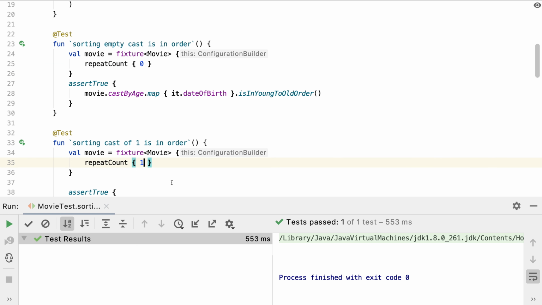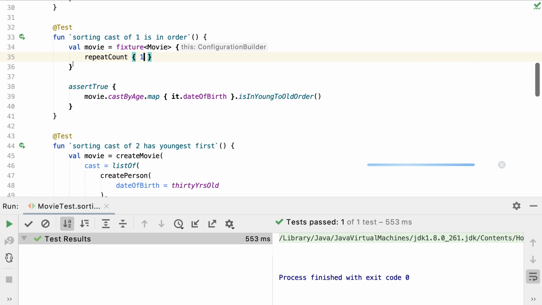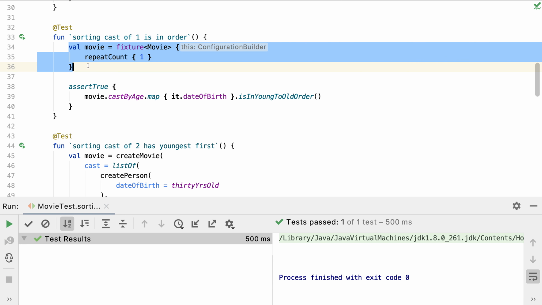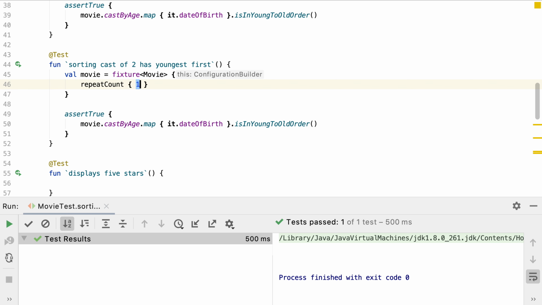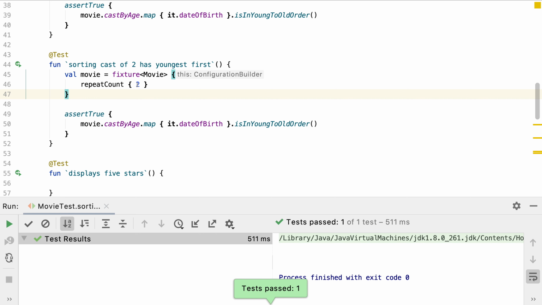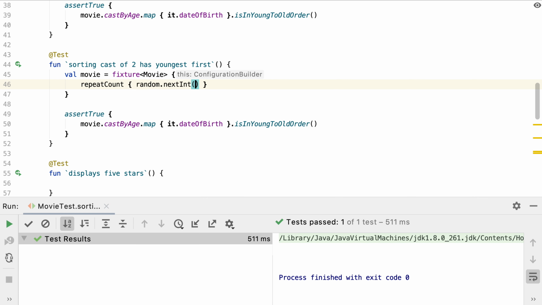Easy. And of course we can repeat the same pattern for a cast size of 2. Repeat count is actually a factory function, so we can use it to generate a random repeat count rather than use a hard-coded value.